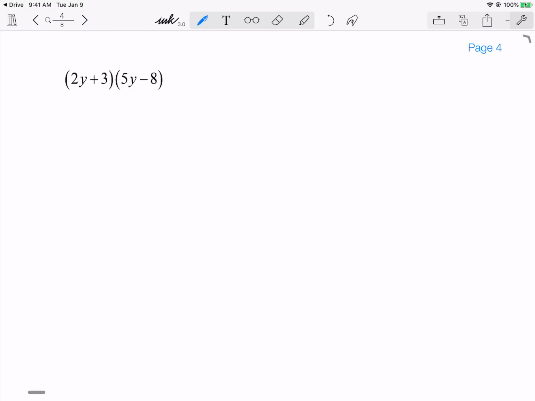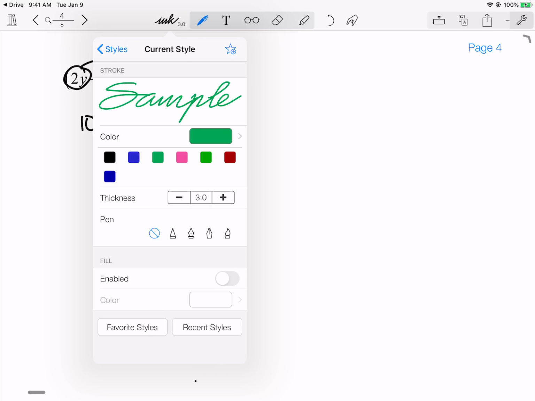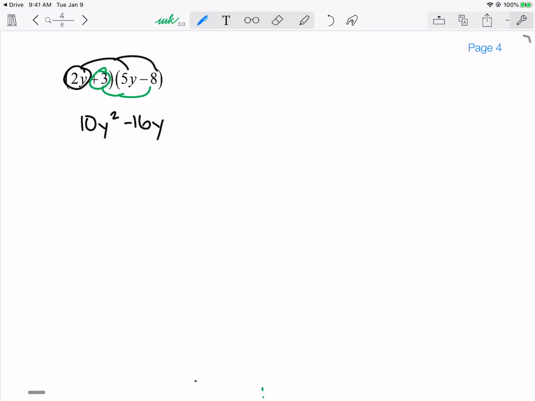Now here's another example. So again, I'm going to distribute the 2y to each of these terms. 2y times 5y, 2 times 5 is 10. Y times y is y squared. 2y times a negative 8, 2 times the negative 8 is negative 16, and I still have a y. And now I'm going to distribute the positive 3 to each of these terms. 3 times 5 is 15, so I get plus 15, and along comes the y. 3 times negative 8 gives me negative 24, and I wrote it in this particular way for a reason,